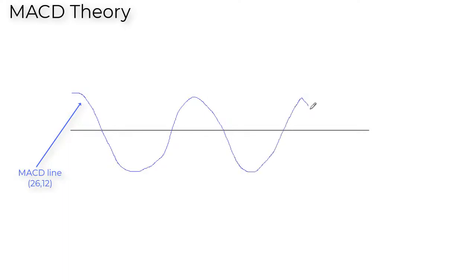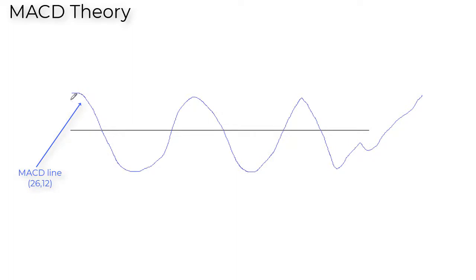As I already told you, MACD has three components. The first component is the MACD line. The MACD line comes something like this. It always moves above and below the zero line, and it keeps moving according to the trend. The MACD line is based on the subtraction of the 26-day exponential moving average and the 12-day exponential moving average. When we subtract the 12-day exponential moving average from the 26-day exponential moving average, we receive a value, and based on that value the MACD line moves.